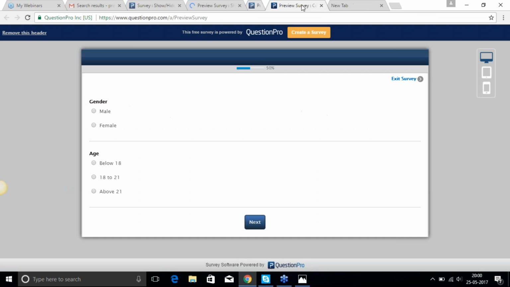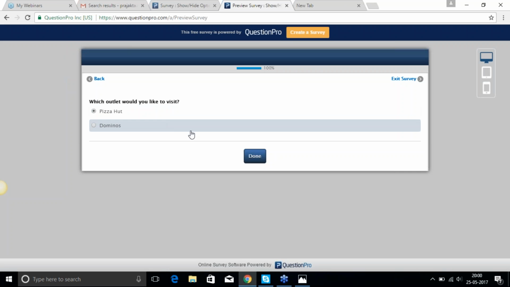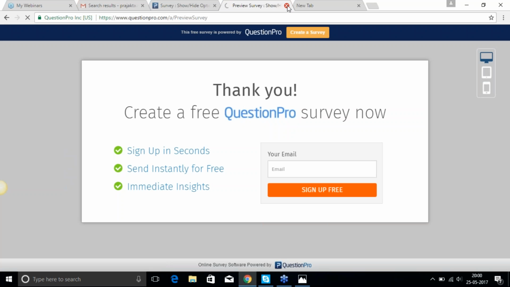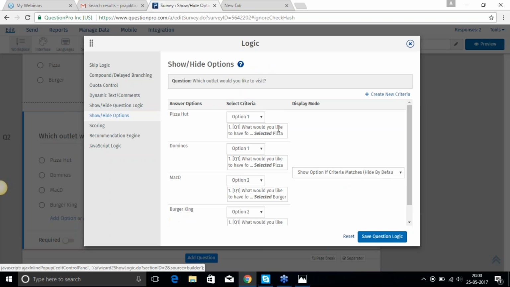I'll preview this questionnaire first for you. So if I say I'd like to have pizza, it will display only 2 options and not the other 2 options which were added in the question type, which you can see here. All the 4 options are already added. So I'll go towards the logic, and this criteria has been set. For example, if I select Pizza Hut, then the option 1, that is,